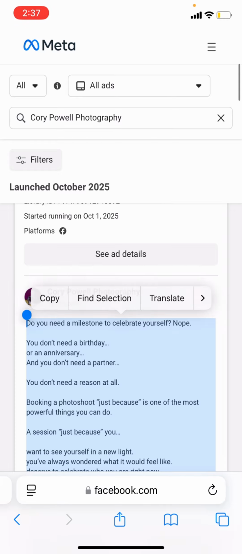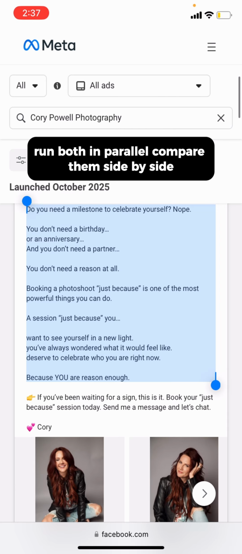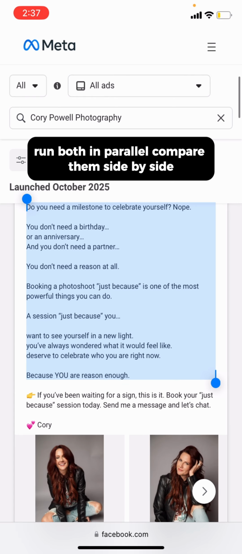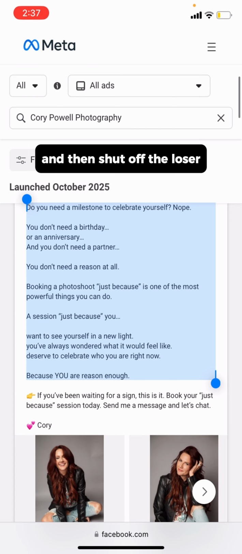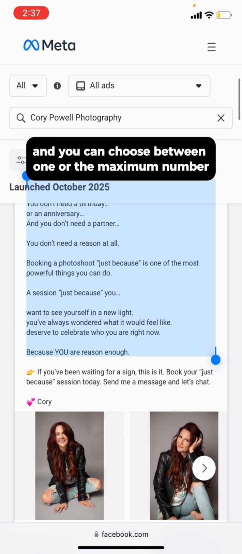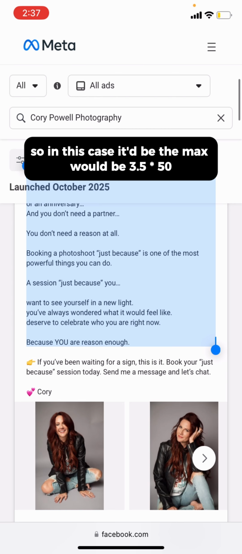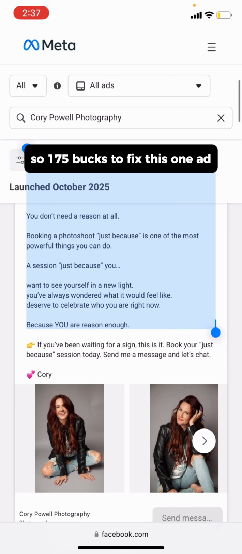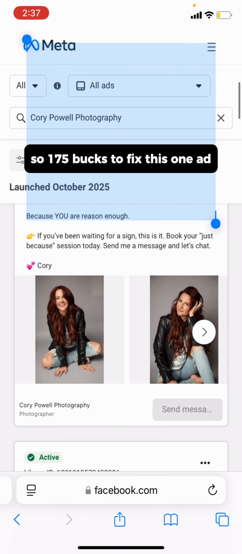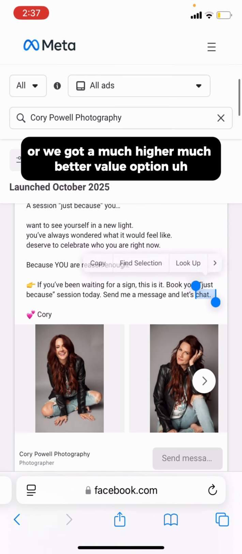Or duplicate this ad, put my fixes in it, run both in parallel, compare them side by side, and then shut off the loser, keep the winner rolling. So 50 bucks per root cause problem solved, and you can choose between one or the maximum number. In this case, the max would be 3.5 times 50, so 175 bucks for me to fix this one ad. Or we got a much higher, much better value option,